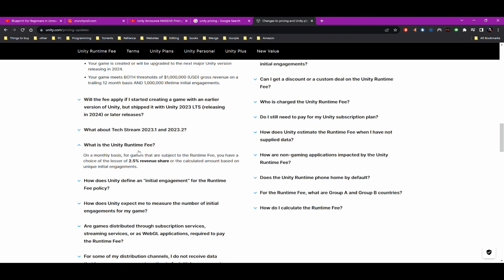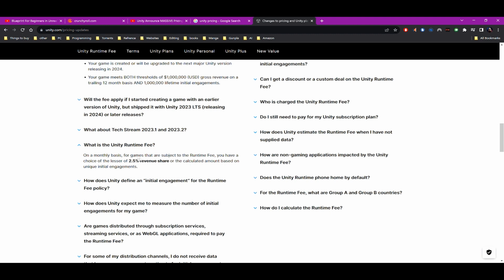They've more or less done away with the install fee, which is funny because now they're calling it the unique initial engagement fee or whatever, revenue share, which is basically the same thing, but now they cap the limit at 2.5% of your revenue.